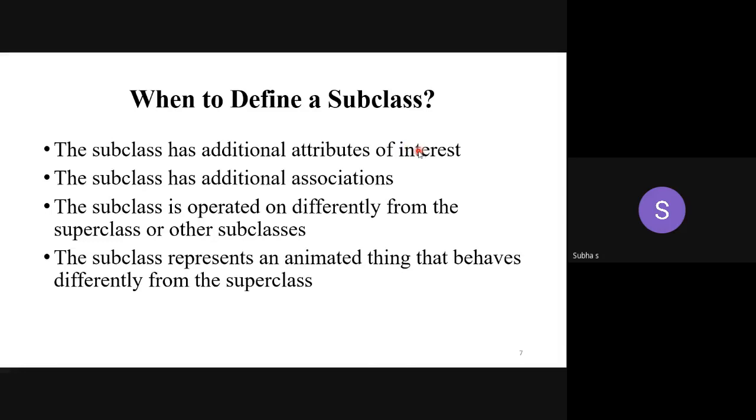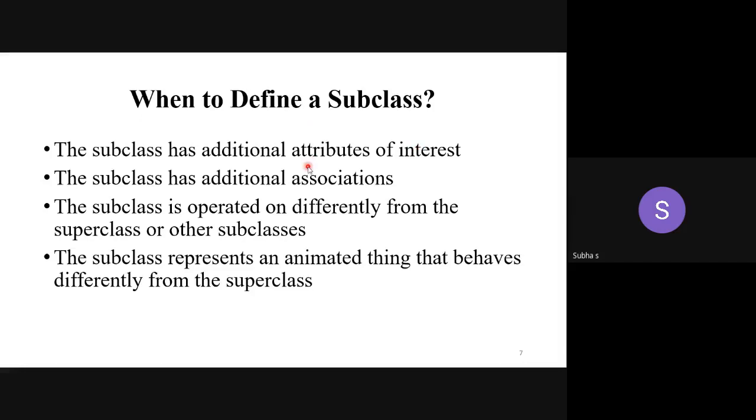Yes, a son or a daughter can have the characteristics of his father or mother. He can have the color of the father. He can have the nature. There are some habits of the mother. In addition, that son or daughter may have their own qualities, own characteristics. That is up to the subclass only. So that is the first one.